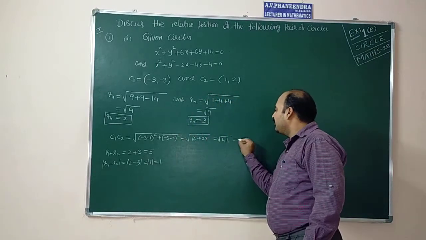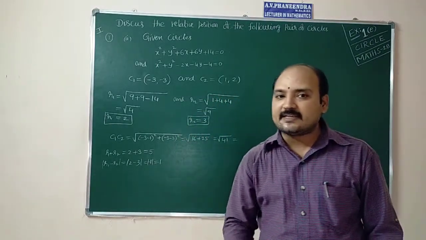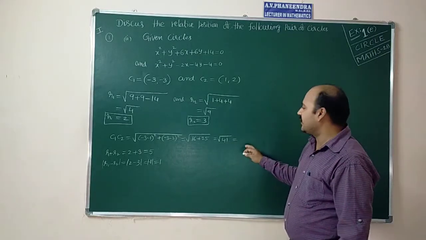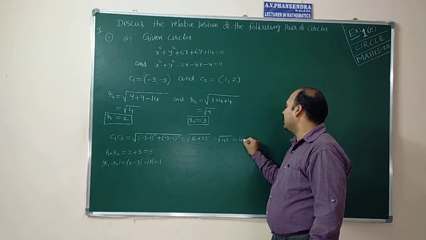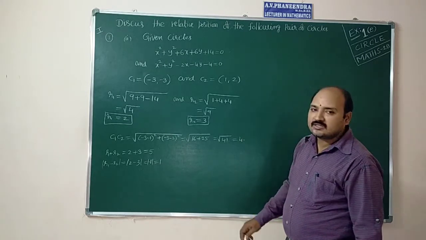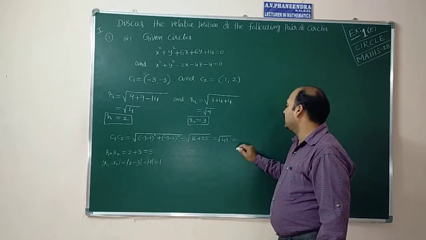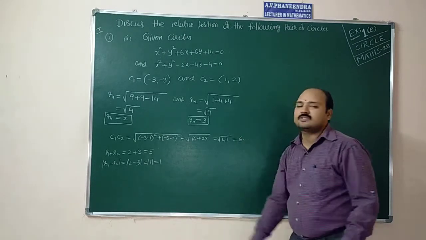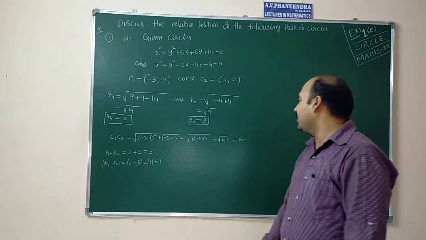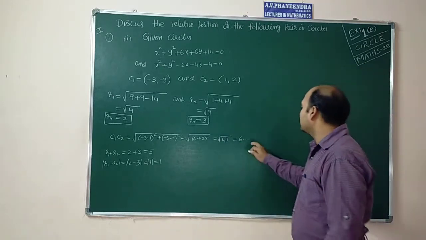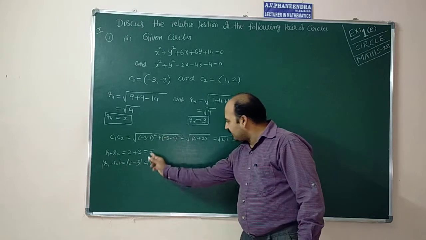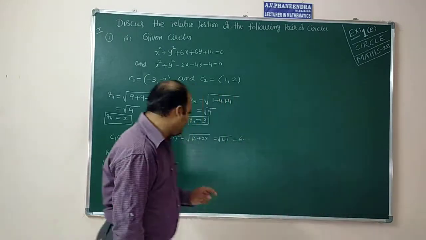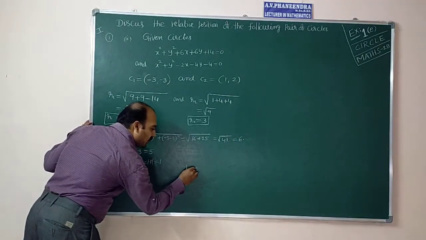Root 41, it is nearby. Root 36 means 6, root 49 is nearby, it is 7. So it is 6 point something. Why? Because it is less than root 49 and greater than root 36. So 6 point something. By observing these values, 6 point something, 5 and 1, we observe that 1 is less